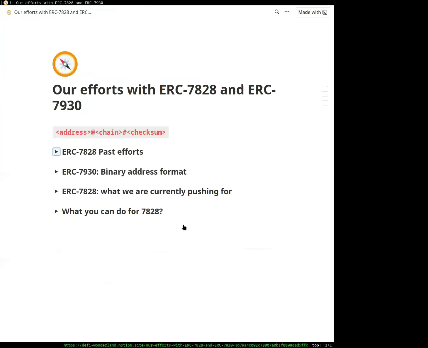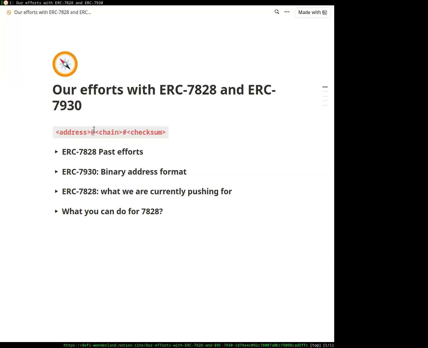And the other one is my presentation of the subject. We have been working with ERC 7828, which was proposed sometime late last year. And initially, we tried to overhaul it.